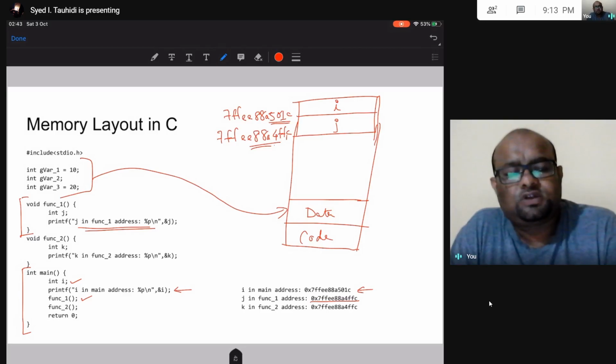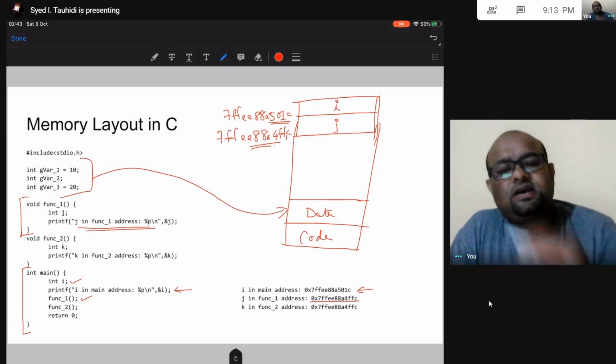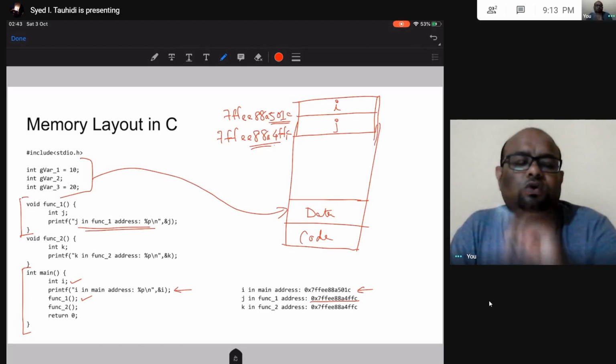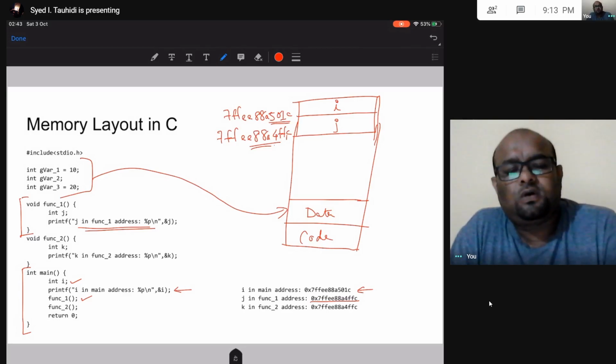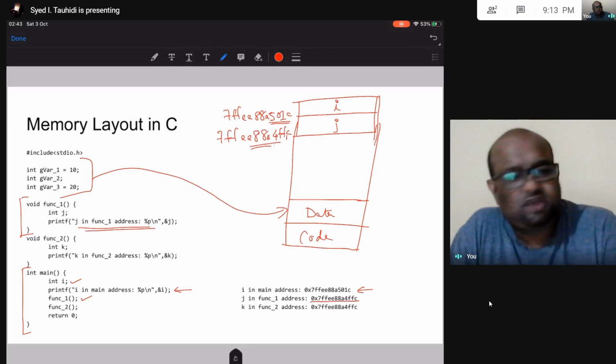In that course you can see how your C program is converted into actual, optimized machine code, and how all this addressing actually takes place, and what happens inside the processor when your C program is executed. So this is a very interesting course, but I don't think you should go through that course now.